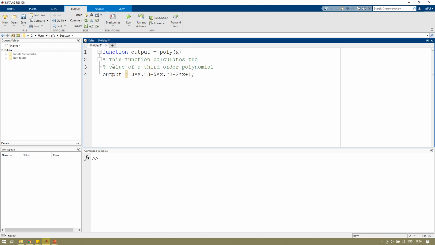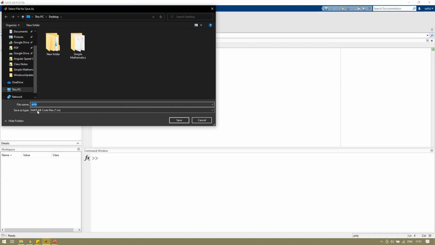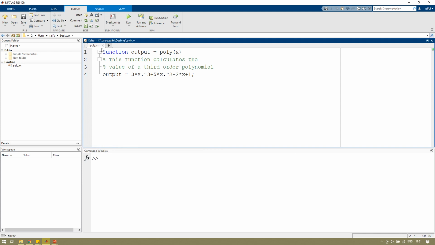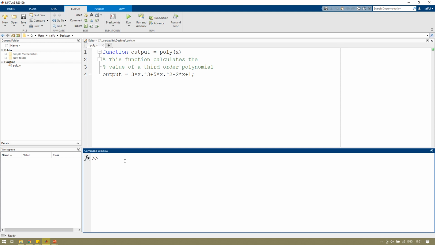After you write your function, you need to save it. Make sure that the file name is the same as your function name. Your function name is poly, so the name of your file must also be poly. Save, and you can see here it has been renamed as poly. If we want to run the function, we can do it like this: x equals poly